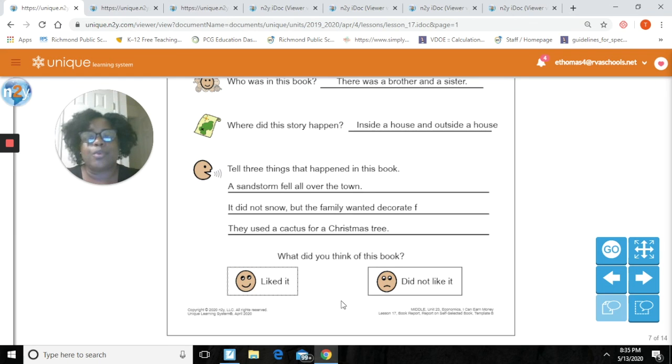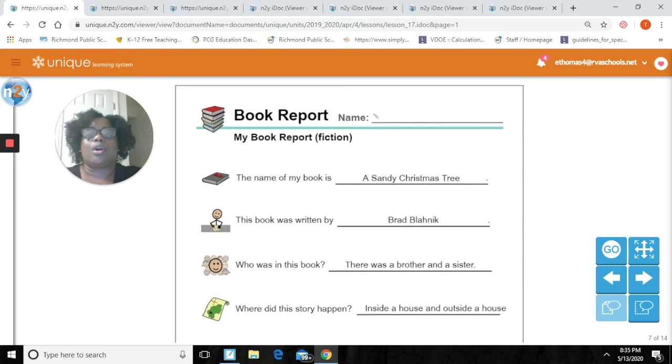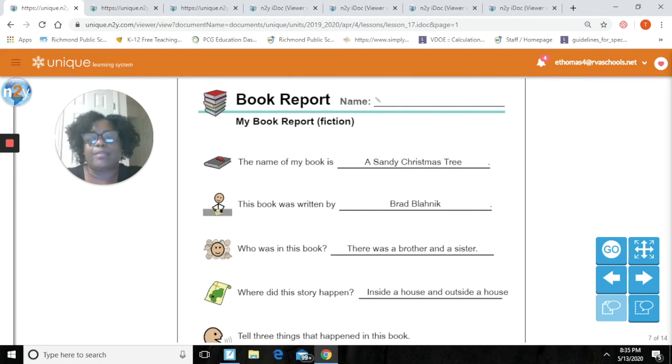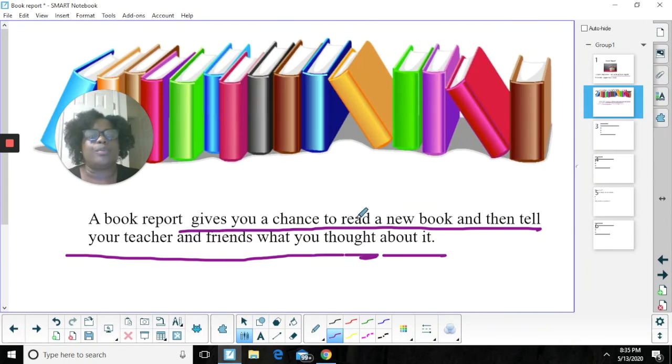As I've stated before, every book that you read or do a book report on, you're not going to always like that book. Okay, so let's go back and do a review because I did have some other books I want to share with you, but it's okay. We can do those at another time. Okay, so let's go back over here. We know that